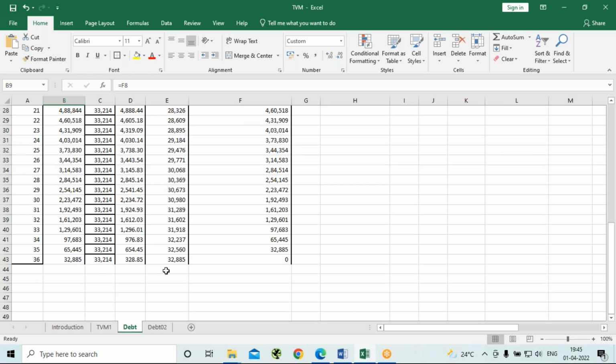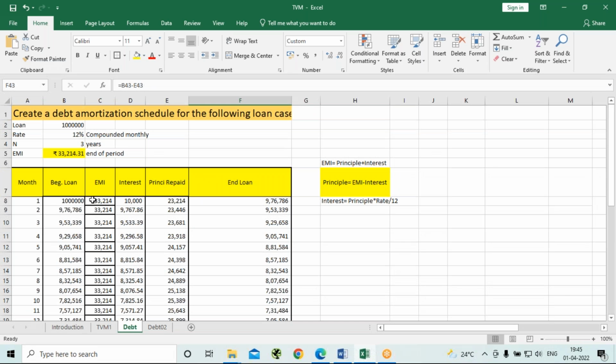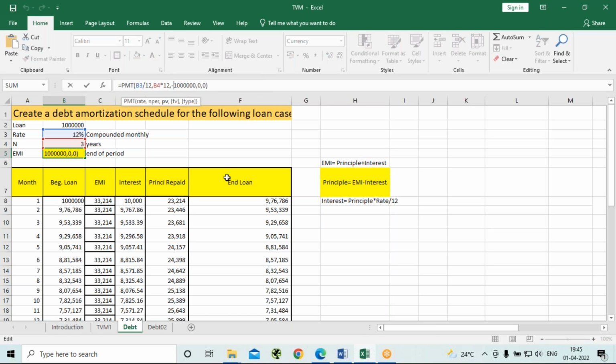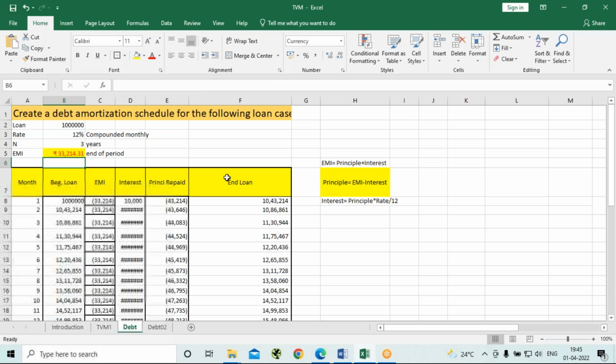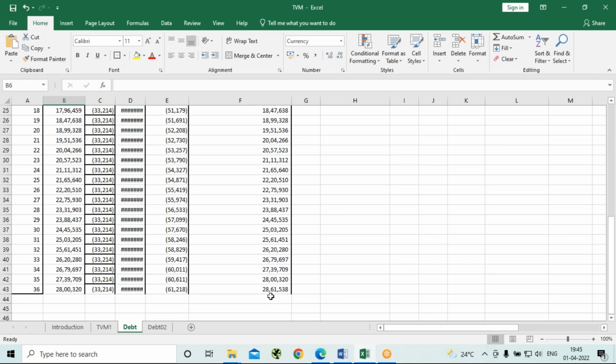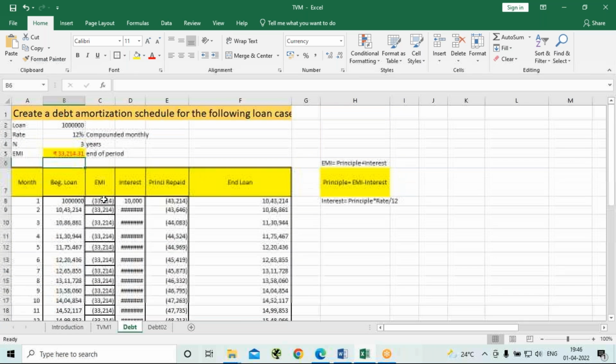I'll just go back to this. Here it has taken the last value as 0, because I have taken this value as positive. So here I was not supposed to give it as minus. See, when I change this, can you see this? What is the value it is showing? Okay. So for this reason, I will show it as a negative value,